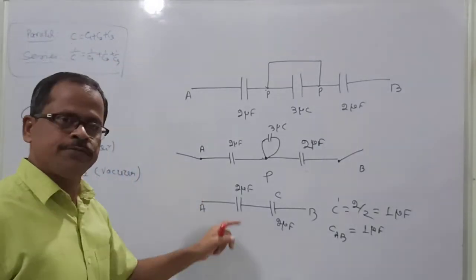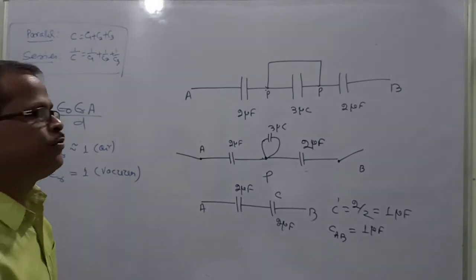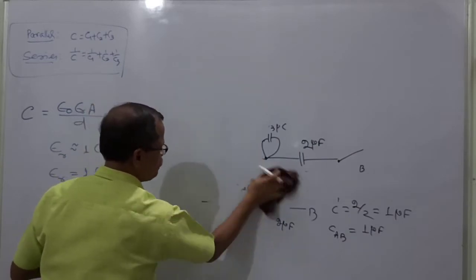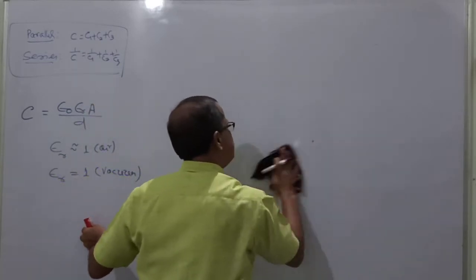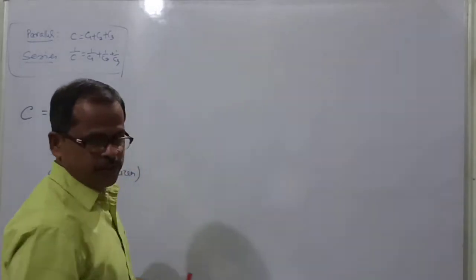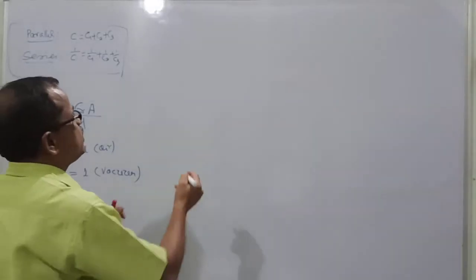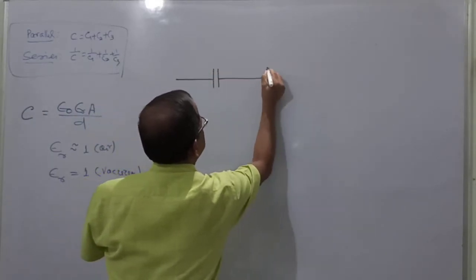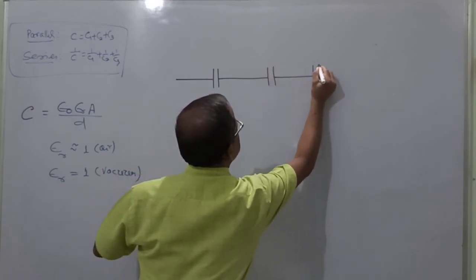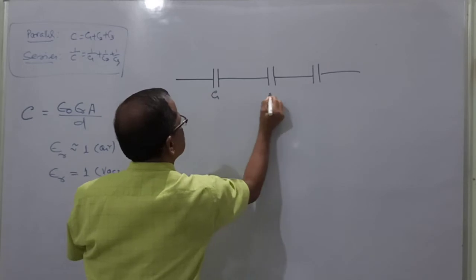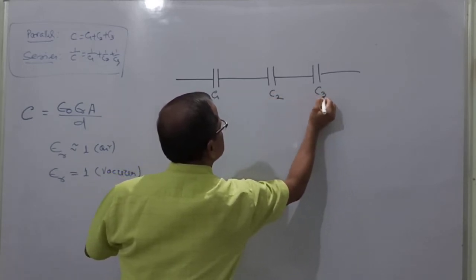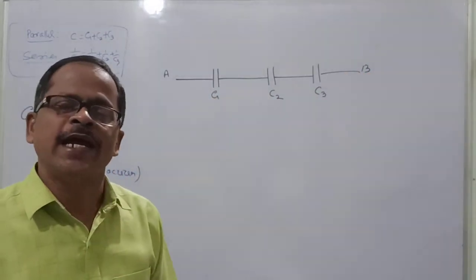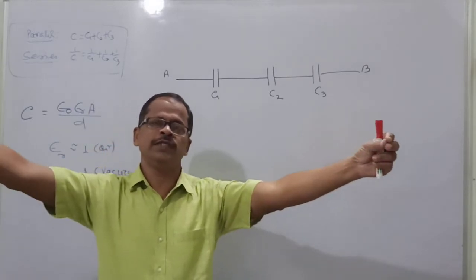Question number 2 is over. Now come to question number 3. Look, question number 3 is again a more interesting puzzle. Now the main puzzle is coming time to time. Look here. This is a capacitor, this is another capacitor, all capacitors are like this. This capacitor is C1, this is C2, this is C3. The extreme points are A and B. The question asks to find the net capacitance between the two points A and B.